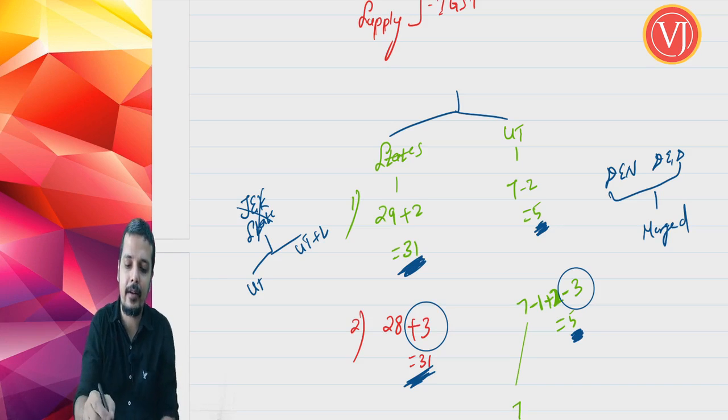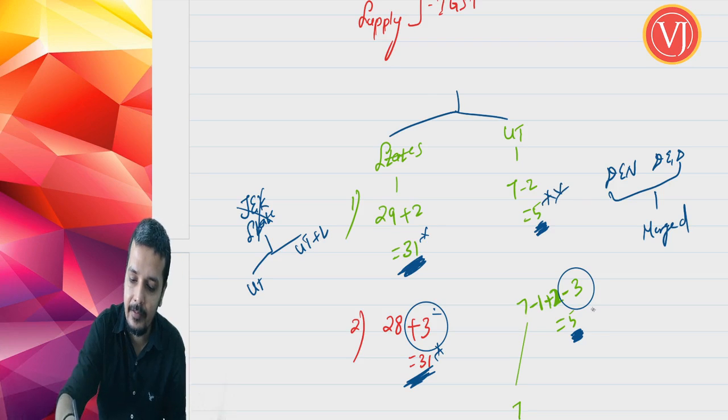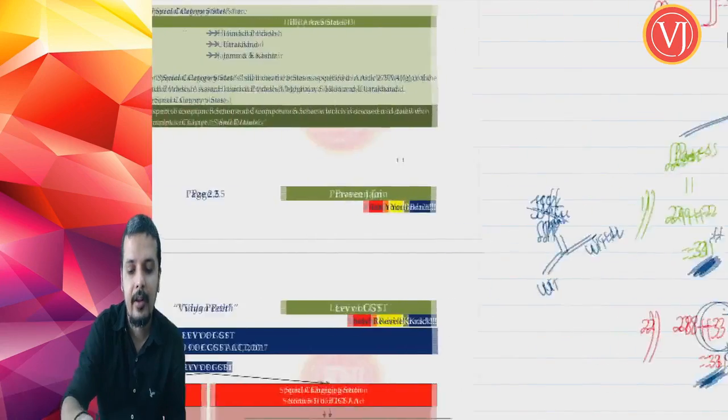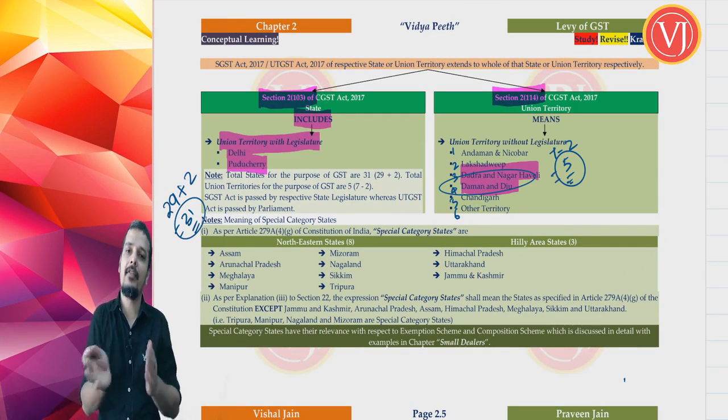Even then the end result has not changed. So if you see the end result, it has not changed. So the end result has been the same. Now coming back here, we are not sure what clarification will be given by ICA. So as of now, we have understood both.